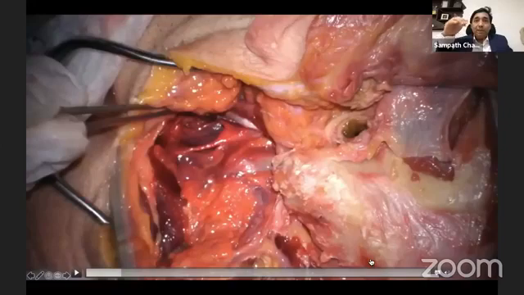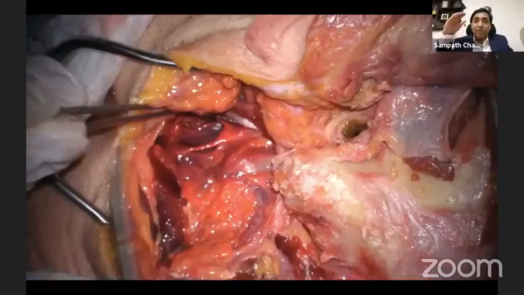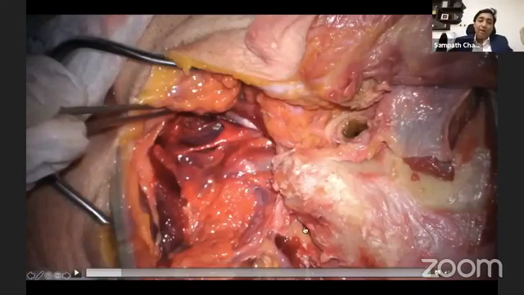You take the splenius capitis, you can go up to the semispinalis capitis, you also take the longissimus capitis. All those muscles come out as you go posteriorly and medially. And this is the posterior suboccipital triangle area. There's a lot of fat, which I generally dissect out because you often get lymph nodes, and you never know if one of those lymph nodes turns out to be positive.